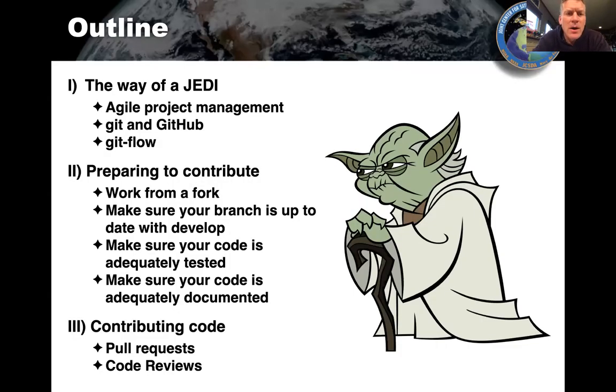We'll start by reviewing our agile approach to project management. You've heard a bit about this already on Monday's lecture and throughout the week. It's based on Git and GitHub, which you've been using throughout the week. Also talk about the Git flow paradigm, which governs how we create branches and it governs the pull request and